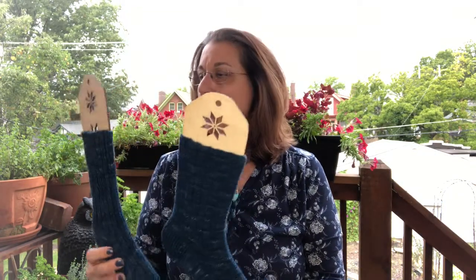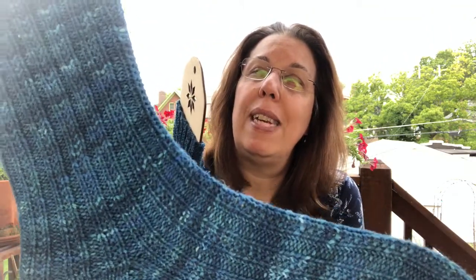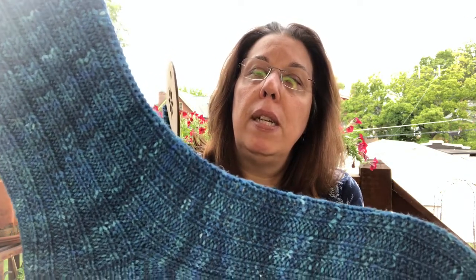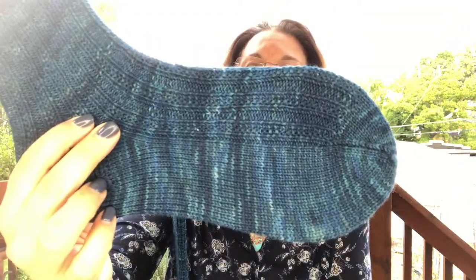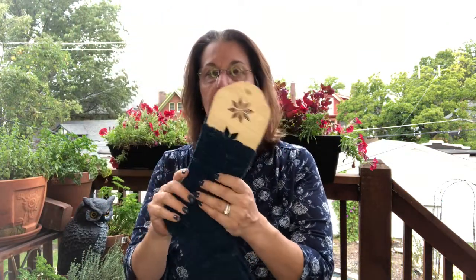I pulled it from a stitch dictionary. I think it was from Sensational Knitted Socks, this stitch pattern, but everything else is just my basic sock recipe. It's called the Sailor Rib Stitch, I think, but it's really beautiful, and I think my mom's gonna love it. We'll find out when I get to New York and give them to her for her early Christmas present. We're gonna open presents in October because I won't be there at Christmas,